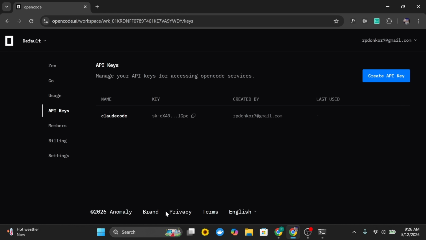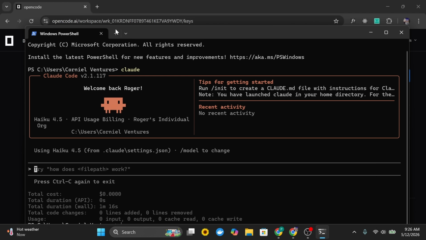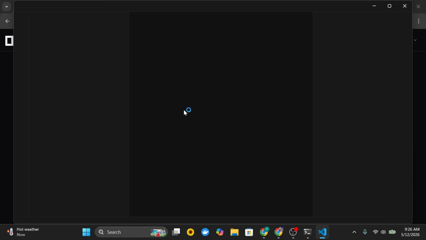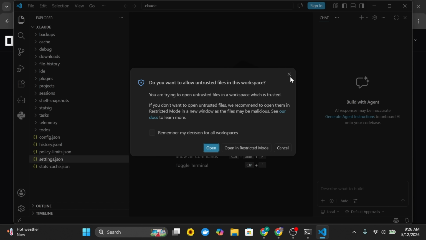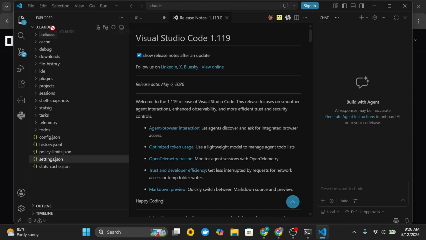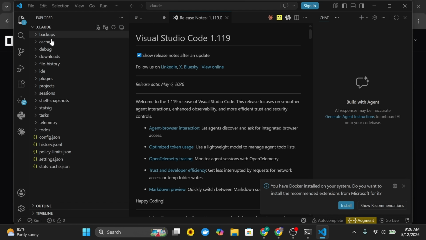Right, so once you have it copied, you go back to PowerShell, and let me close this terminal right here. I'll open another one over here, and simply type code with the tilde sign and a slash .claude. What this does is it opens VS Code like you are seeing, and it opens a directory called .claude. This holds all of the specifications that Claude Code uses. So inside .claude, search for